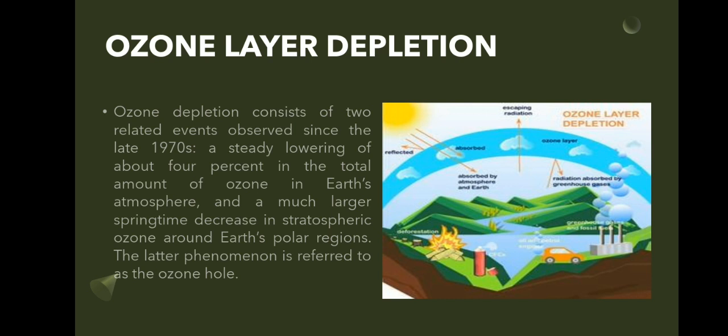So the ozone layer is the layer in the Earth's stratosphere at an altitude of about 6.2 miles or 10 kilometers containing a high concentration of ozone, which absorbs most of the ultraviolet radiation reaching the Earth from the sun. The ozone layer or ozone shield is a region of Earth's stratosphere that absorbs most of the sun's ultraviolet radiation. It contains a high concentration of ozone in relation to other parts of the atmosphere, although still small in relation to other gases in the stratosphere.